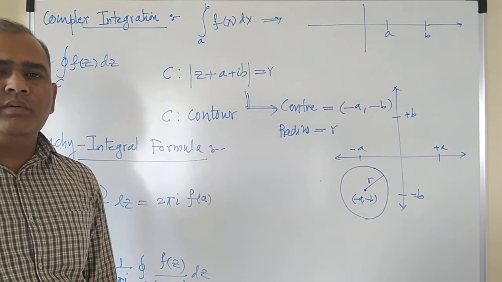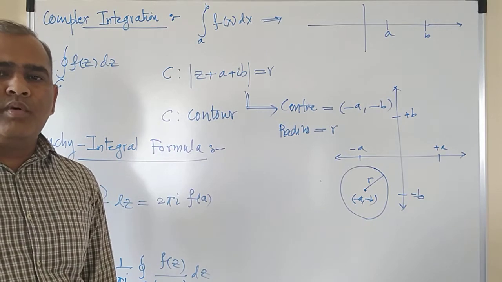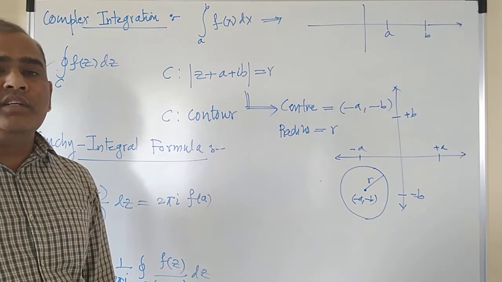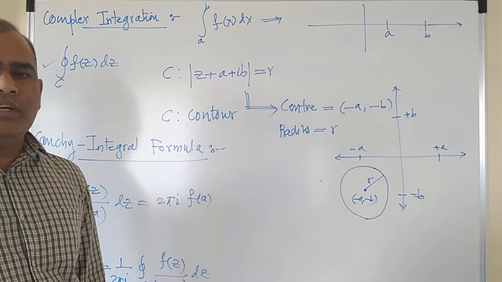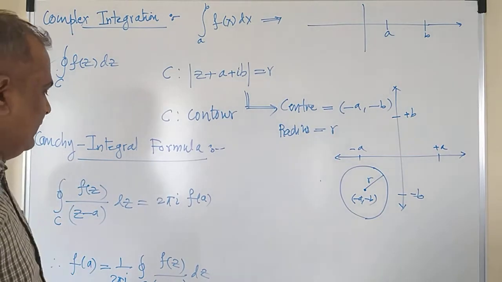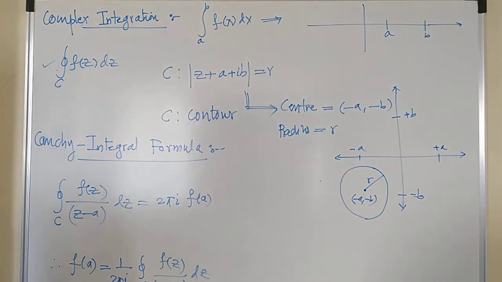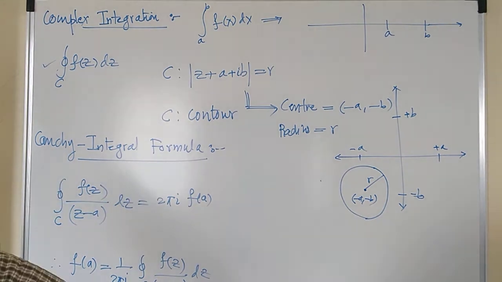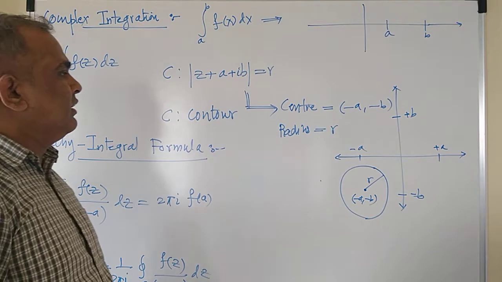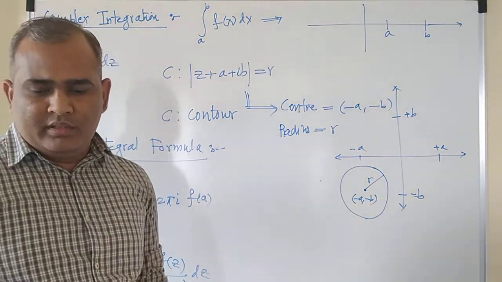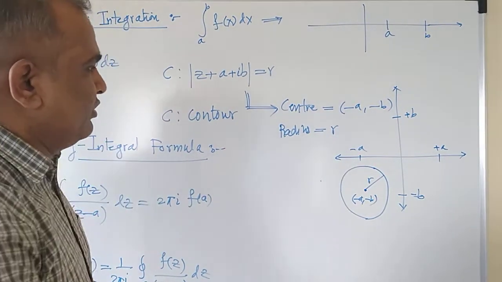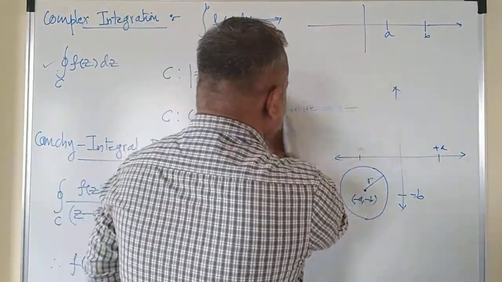What is a singular point? Singular point is the point where the function is not continuous or function is discontinuous. Not continuous and differentiable both. Alright. So this is our Cauchy integral formula and finding out the center of the given contour and the radius. Now let's go for some example based on the same, so that you can understand this well.